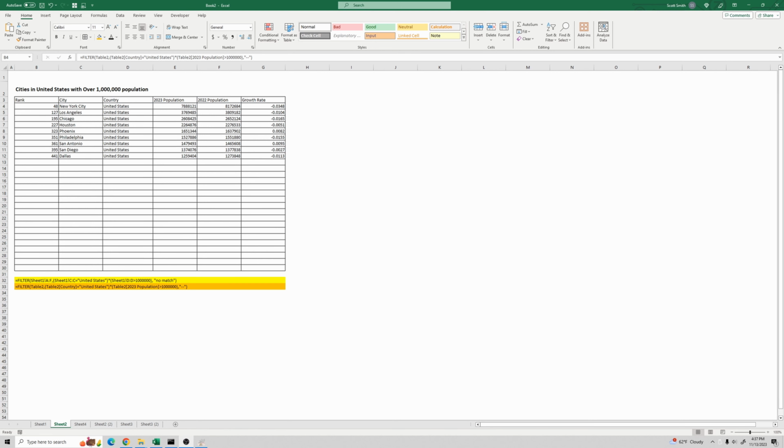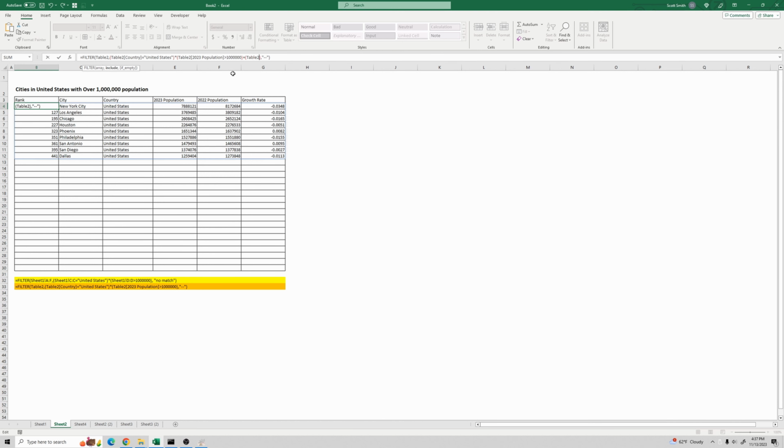Okay, so this filter is using what we would consider an AND logic, like it has to be United States and over 1 million. There's also a filter that you might want to do where you want this or that. So United States or United Kingdom and greater than 1 million. So to do an OR, instead of multiplying these conditions, you add it. So you would do a plus sign and then the opening and closing parentheses, and within here you would put your OR condition. So I'm going to do United States and population greater than 1 million, or, and then I'll do